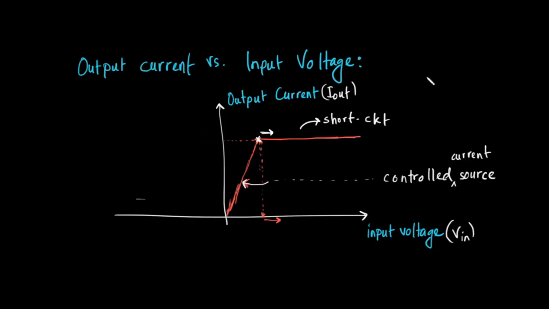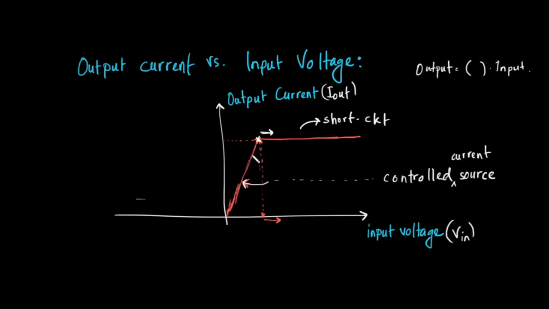For amplification to occur, our relation between input and output has to be, output needs to be something times the input. Okay, some constant times the input. So this relation is maintained, I mean, this relation will be maintained as long as the input can control the output, right? So this relation is maintained in this region. Okay, so amplification is occurring in this portion.